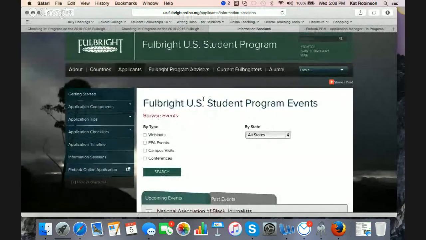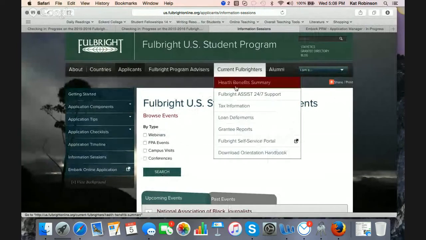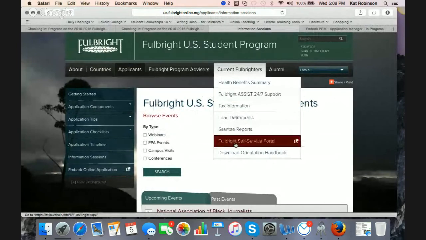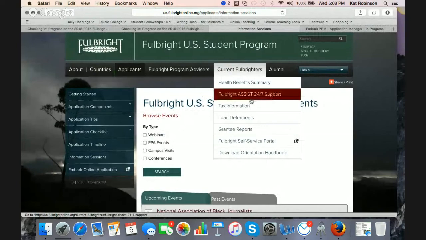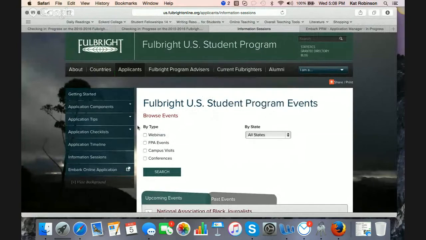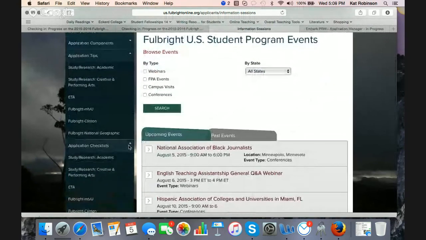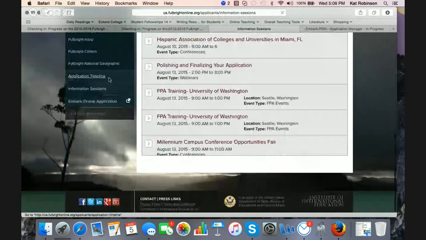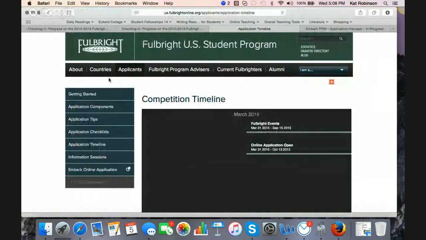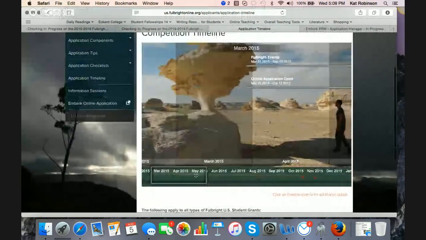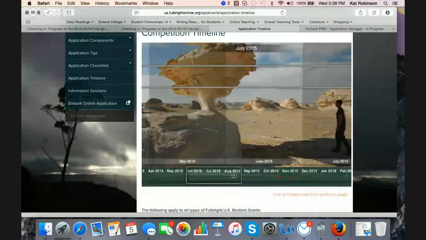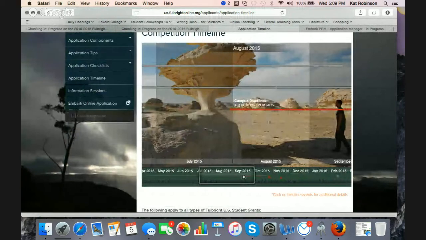There's also, if you take a look down here, some information that you might look forward to, and this is for once you become accepted. There are drop-down menu items for checklists and timelines, so you can get a sense of what that looks like. This is our competition timeline. Where we are right now is in August.